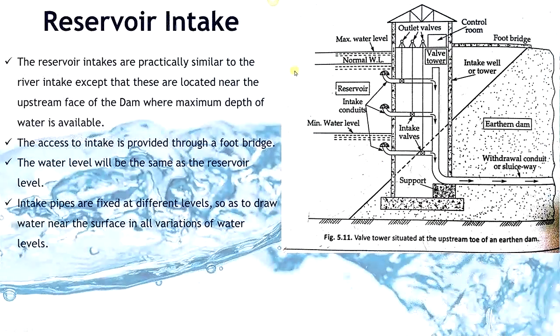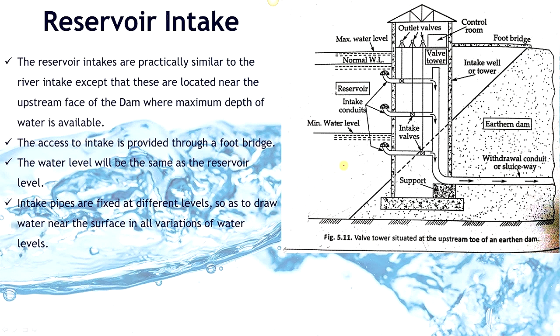Next, the reservoir intake. This reservoir intake is constructed in a dam or reservoir. You know that when the flow in the river is not guaranteed, when there is a large variation in water quantities in the river throughout the year, a dam is constructed across the river to store the water. Right? In such dams, water will be available in sufficient quantities all the days of the year. So an intake can be constructed that we call a reservoir intake.